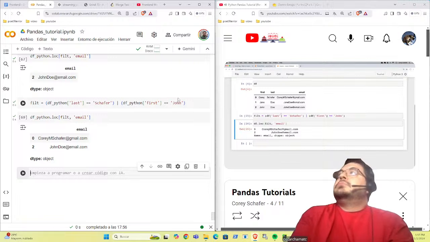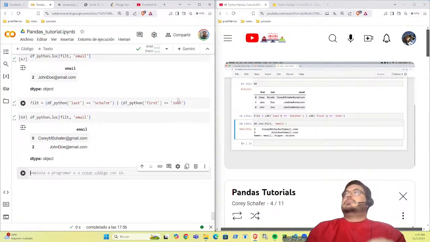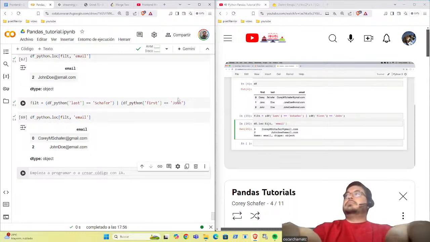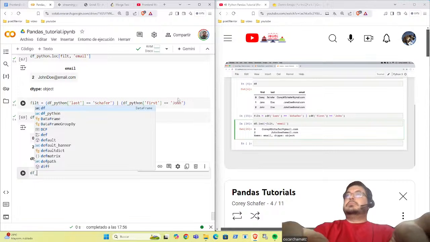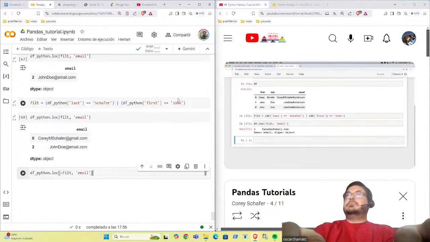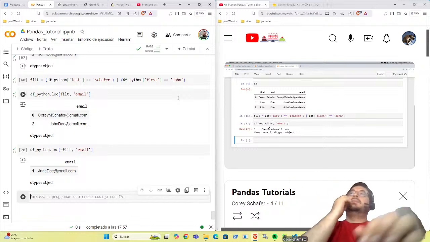Now I could go in here and fiddle around with this query that I currently have, trying to get everything right, or I could simply add in a tilde at the beginning of this filter, and it will give me everything that didn't match that filter. So if I just put a tilde there, then that is going to negate that filter